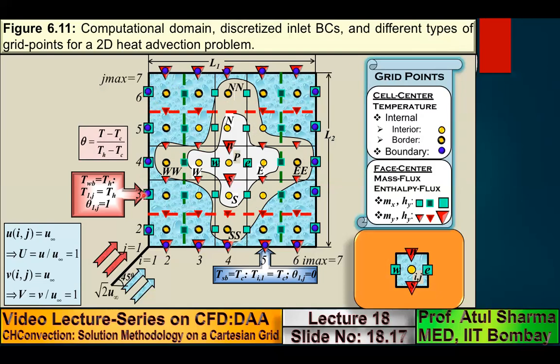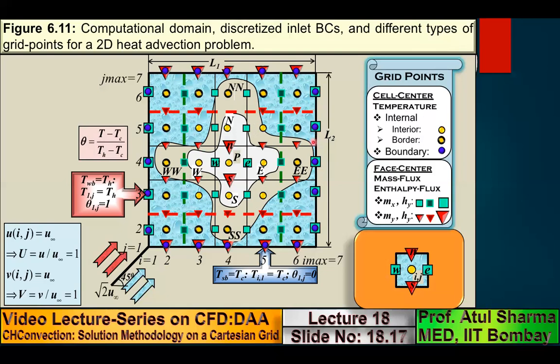On the west boundary, you are given a temperature value. So on the west boundary, you can use this temperature from the boundary condition to calculate the enthalpy fluxes at the west boundary. However, at the east boundary, what we do is apply a first order upwind scheme to calculate the enthalpy fluxes at this boundary. Okay, there are 2 possibilities, since we don't have any downstream neighbor: either we can apply first order upwind or second order upwind scheme.